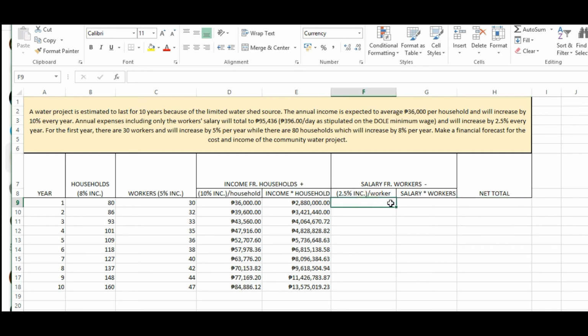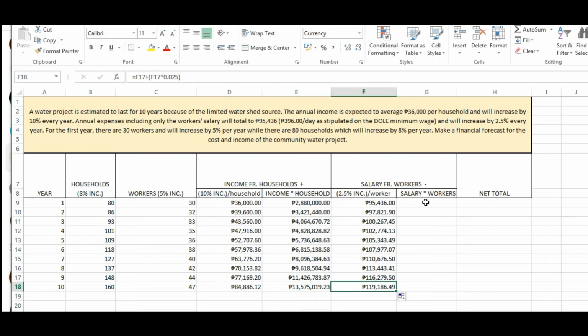So now we're gonna go here to the salary from workers, which increases by 2.5% every year in each worker. So, in the first year, may 3 workers tayo. And each worker has a salary of 95,436. Ayan. And for the second year, nag-increase daw siya. So, i-click natin ito. And parentheses, click again. And times 0.025. Ayan. So, 2.5% and decimal is 0.025. And now we're gonna drag this one here. And every worker in the 10th year may sweldo daw every year na